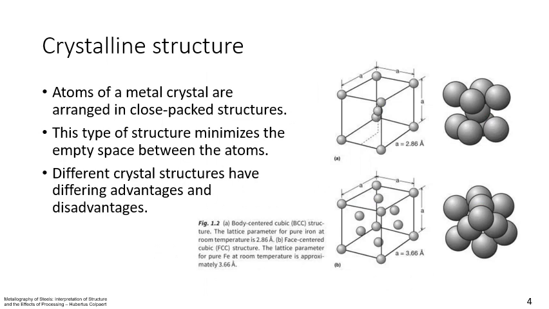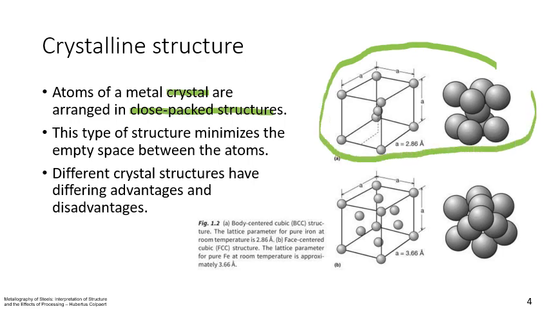Metals are made of crystals. Those crystals are special arrangements of the atoms in close packed structures. Two typical crystal structures are body-centered cubic, where it's called body-centered cubic because there's an atom in the center, and then there's a cubic arrangement of atoms around that body atom. And